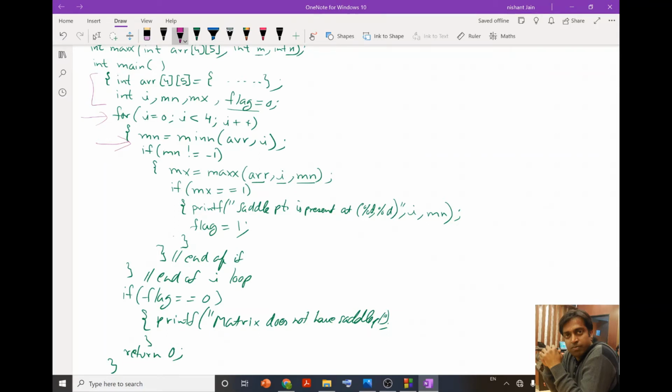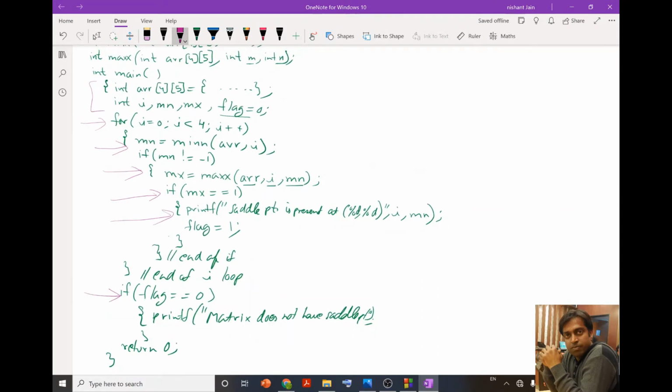Then if there is any minimum value, I check whether that minimum value is also the maximum in the corresponding column, and if it is maximum, I print that the saddle point is at that point. Else, if flag is 0, then I print that the matrix does not have a saddle point. So this will be our main program.